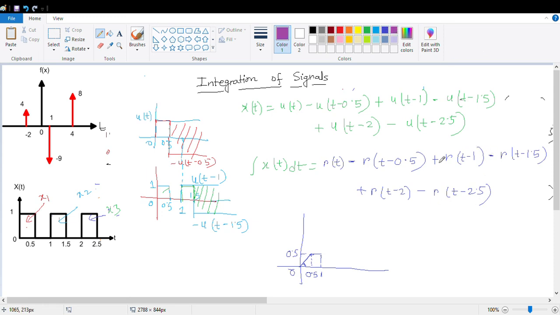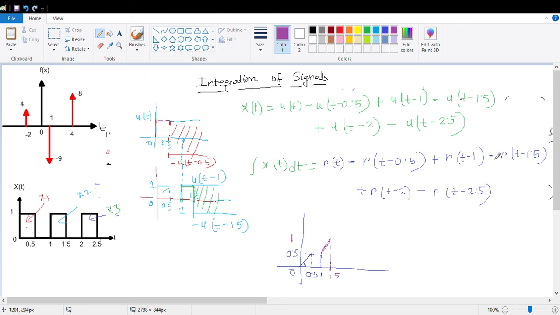Now after that, here we are getting another unit ramp, and at 1.5 we are getting a similar ramp having an opposite sign. That means I have to go for the unit ramp up to 1.5. What is the difference? 0.5. So make a unit ramp from 1. I need to go for another 0.5 distance. So this distance must be another 0.5. That is 0 to 0.5, another 0.5 means it will be 1. So this will be the next part, the unit ramp.